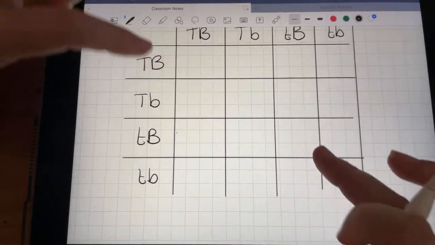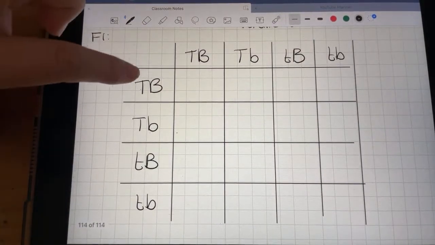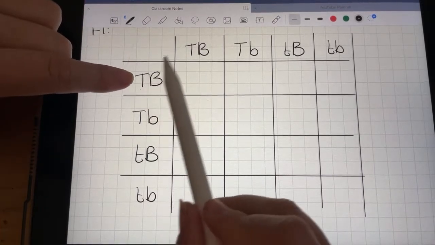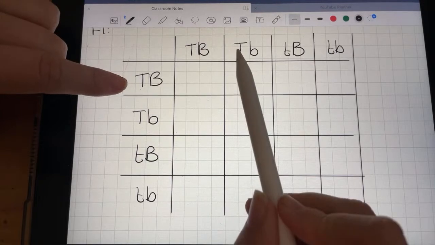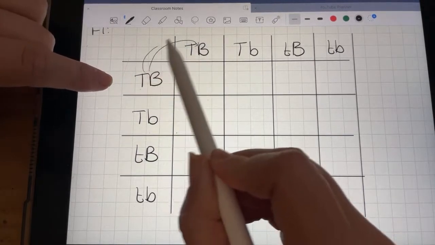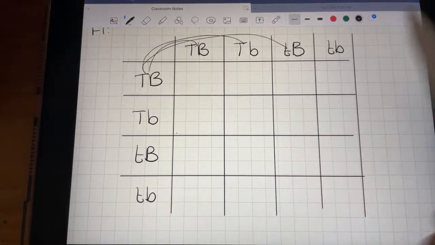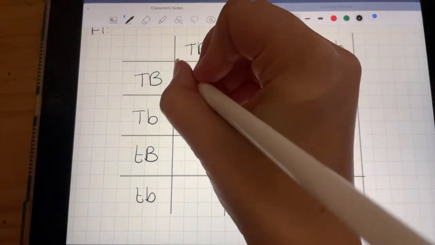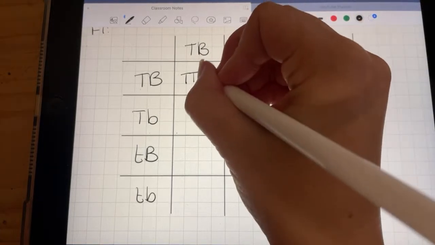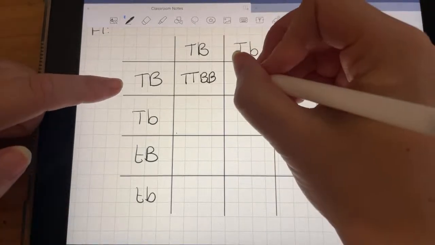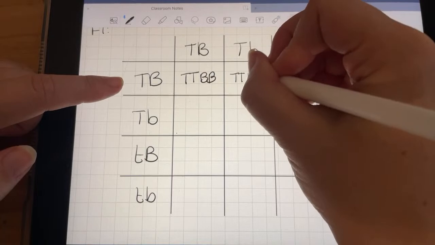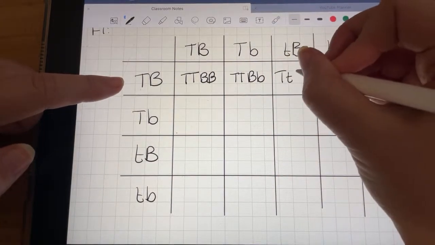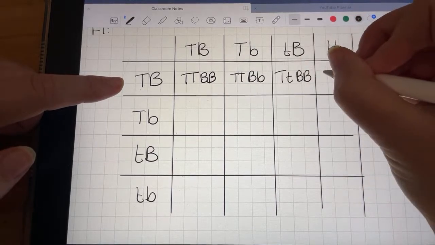Okay. Now, somebody asked in the comments, I think it was Sunita, can you do like foiling? Yes, so foiling basically means this block times this block times this block. So we're doing this kind of thing. That's foiling, okay? And that's basically what I'm doing. So this block times this block means I've got 2 capital T's, 2 big B's. Then I go over to the next one, 2 capital T's, a big B, and a small b. And then the next one, capital T, lowercase t, 2 big B's. Again.